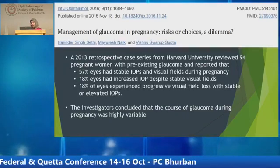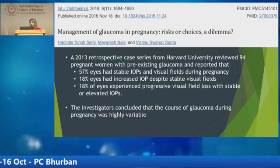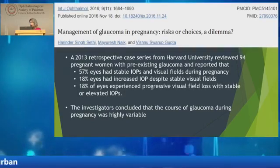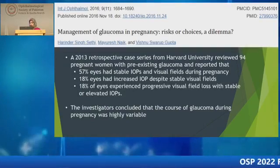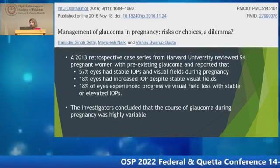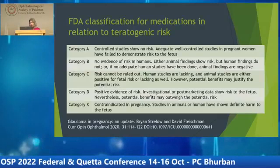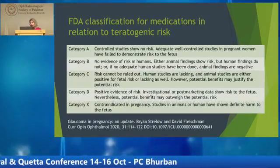57% of the patients had stable IOPs and visual fields during pregnancy. 18% had increased IOPs but stable visual fields, and 18% of the remaining had progressive visual field loss with stable or elevated IOPs. So, about the FDA classification,